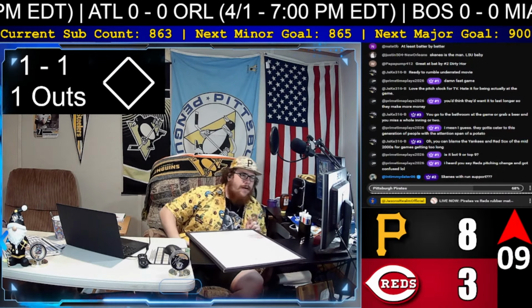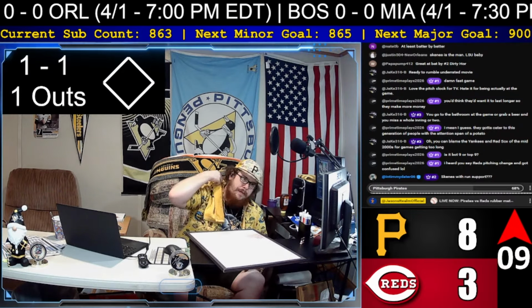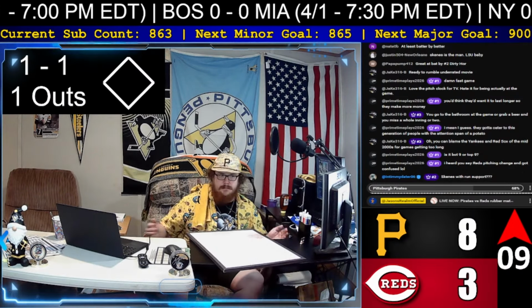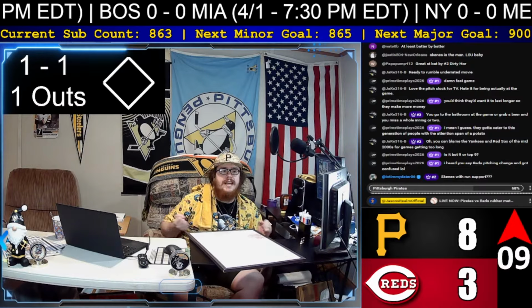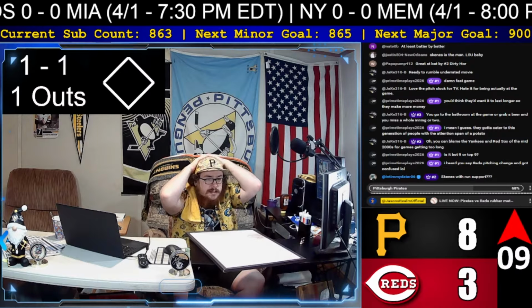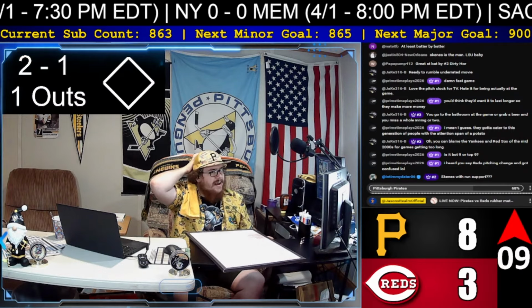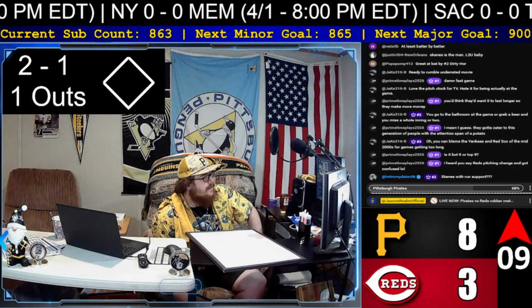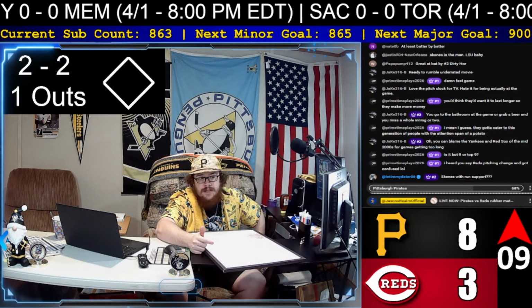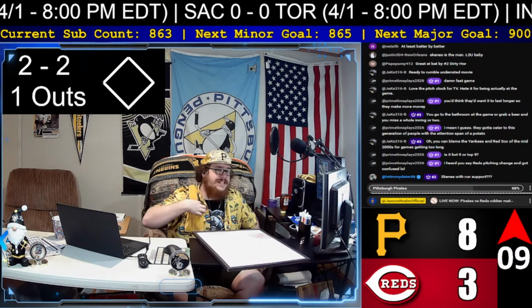Well, the thing is, Tromboner, the Pirates went out and actually signed hitters this offseason because they needed to keep Skenes happy. They want to keep Skenes because he's a cash cow. So Bob Nutting knows that Skenes doesn't care about the money. He knows the money's going to come. He wants to be competing. So Bob Nutting's like, oh my gosh, if I don't spend, I'm going to lose Paul Skenes. He's going to sign somewhere else. So I've got to spend money. So he actually went and got hitters. And they're actually making really good contact. They're really good at making contact, grinding through pitchers. They are getting hits. And while those hits don't always lead to runs, when they do, you get scores like